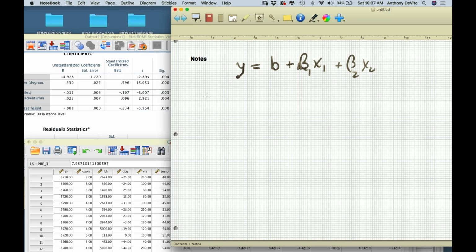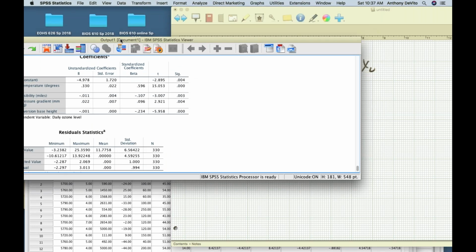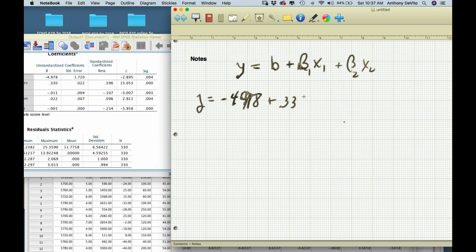So in this case, y is going to be equal to negative 4.98 plus 0.33 times temperature, our first x,